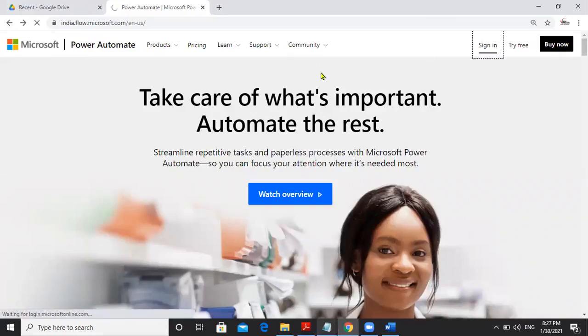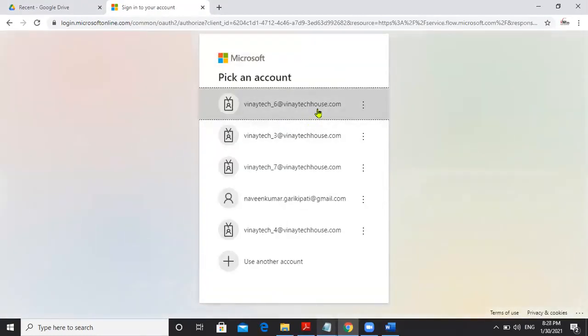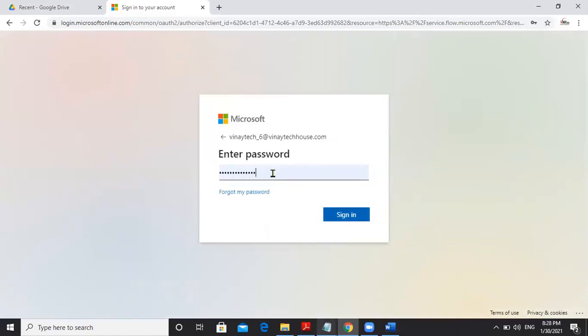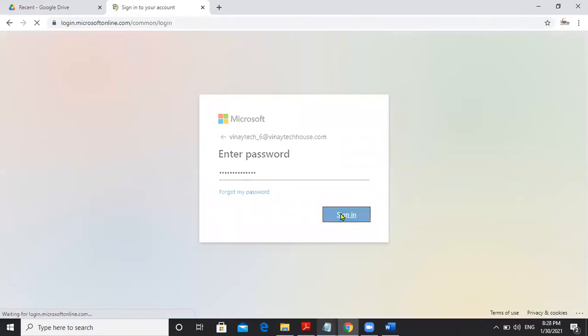So sign in. Winnetex6. The same password which I mentioned, I'm adding. Click sign in.